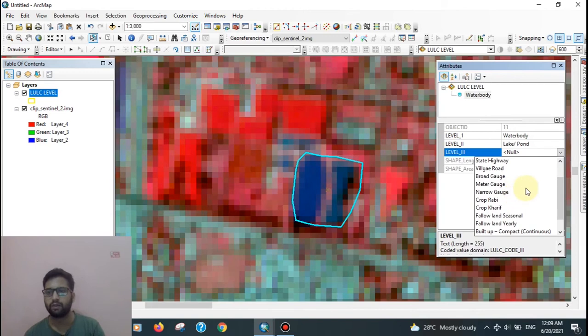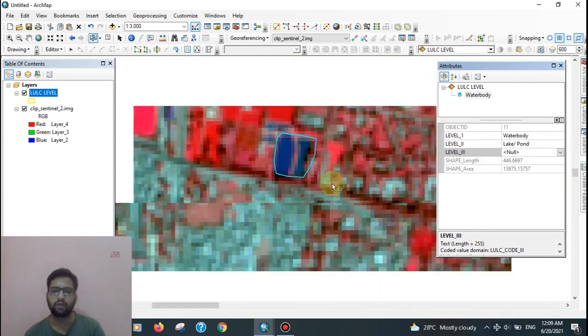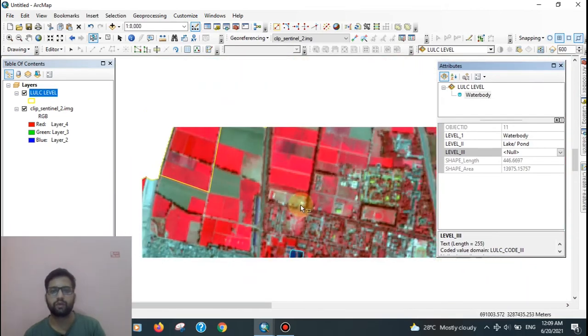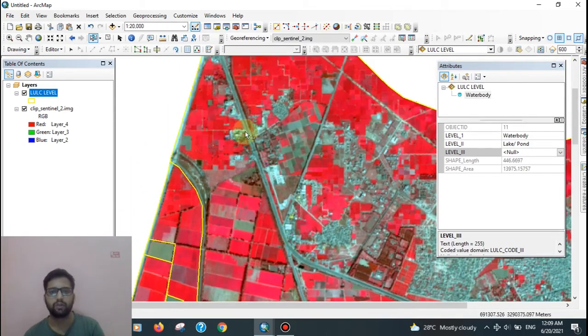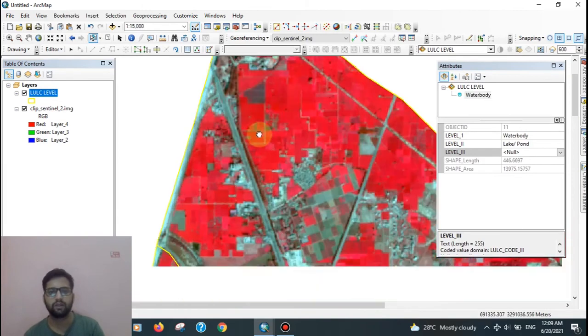Okay, and that is all. So if you want to digitize a road, here is a national highway.